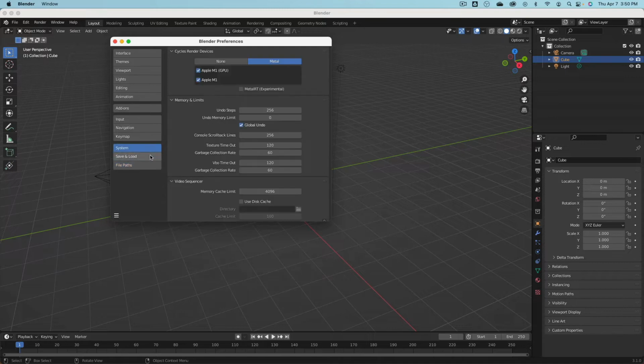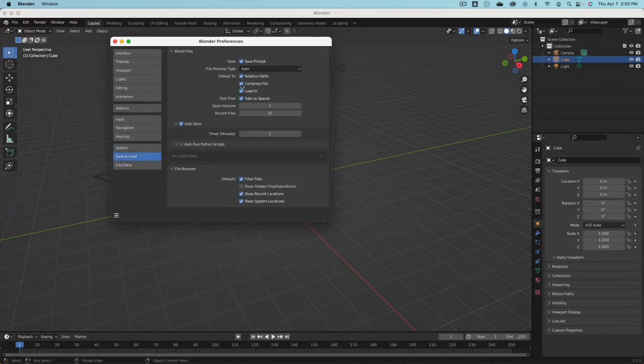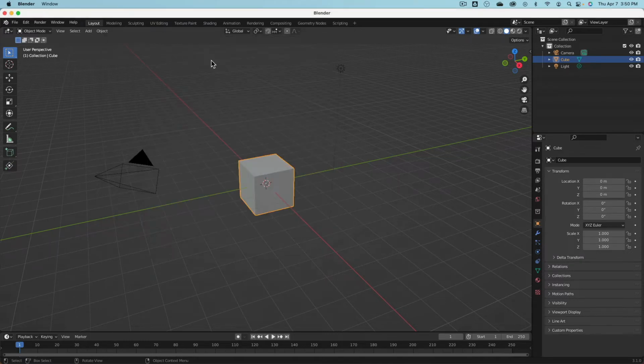File path. Keep this actually turned on, compressed files. Okay, very good. The moment you click this, the settings are saved. So